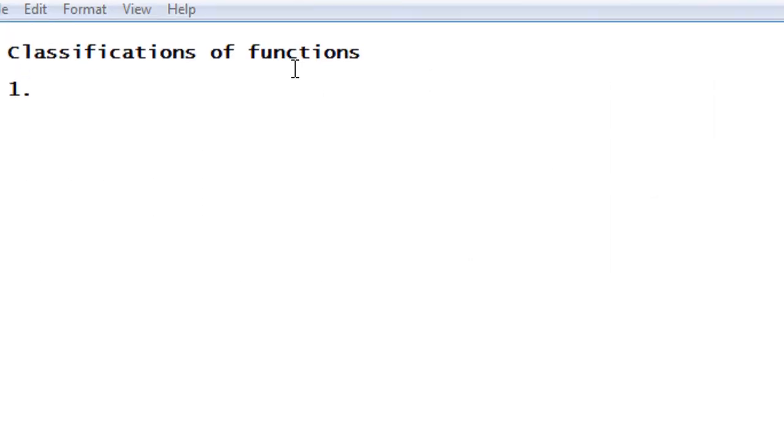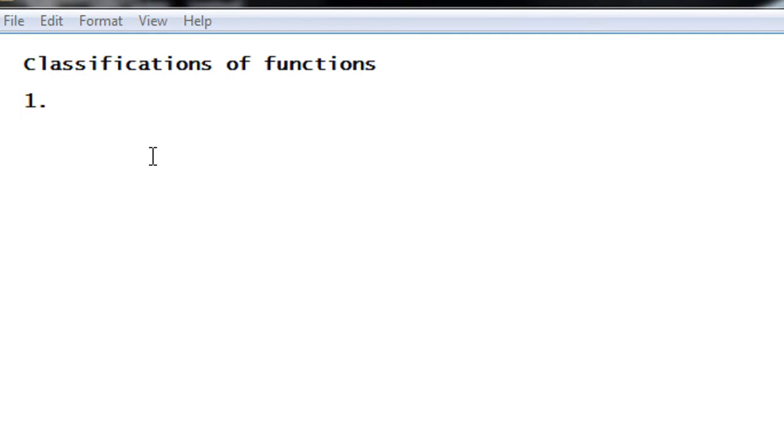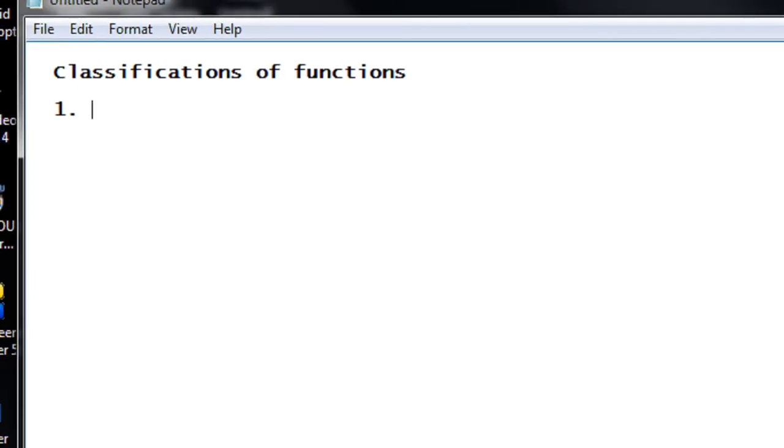Okay, in this episode, we are going to learn about the classifications of functions or methods in C programming. You can classify a method or function into four categories based on the return type and the presence of arguments in a function. So the first one is